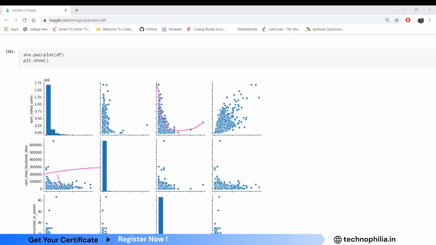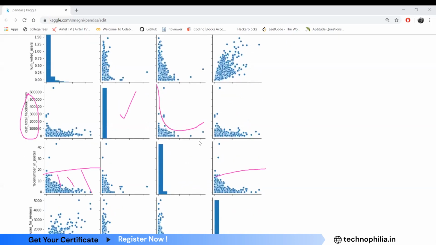All the elements are below this. And I can draw it out for the next. For example, this graph is between this column, the values of this column, and